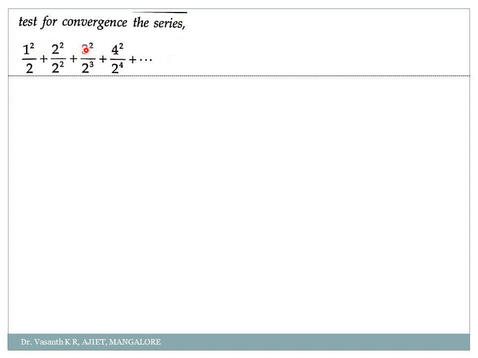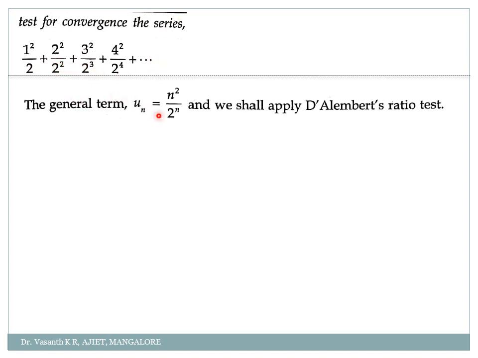What will be the nth term of the series here? If you check here, 1, 2, 3, 4. But the powers are the same here, correct? 2, 2, 2, 2, 2, 2, 2, 2. So for the numerator, I can write it as n to the power 2, n square. Am I right? So n is 1, 2, 3, 4, 5, and so on, squared. And the denominator, how can I write it? 2 to the power 1, 2 to the power 2, 2 to the power 3, 2 to the power 4. So it is simply 2 to the power n. So what will be your nth term? Here un will be equal to n square divided by 2 to the power n. Am I right? If you take n as 1, 2, 3, and so on, you will get these terms. Proper? You understood how to write the nth term?